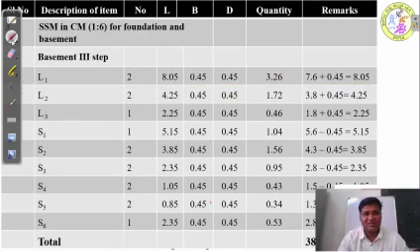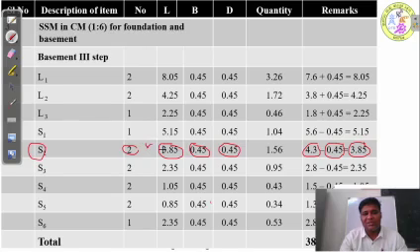Similarly, for wall S2, the center to center distance is 4.3 meter, and for short walls you are going to deduct the width, that is 4.3 minus 0.45, it will come to 3.85. So there are two walls, 2 into 3.85 into the width 0.45 and depth 0.45. So numbers multiplied by length multiplied by breadth multiplied by depth will give me the quantity of this wall S2.